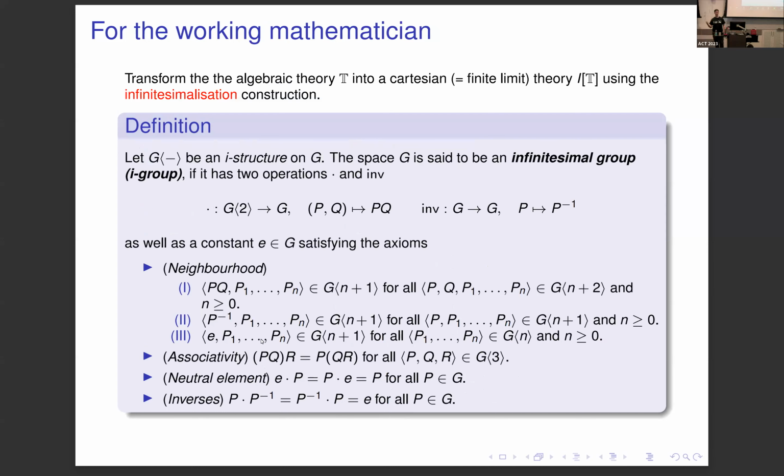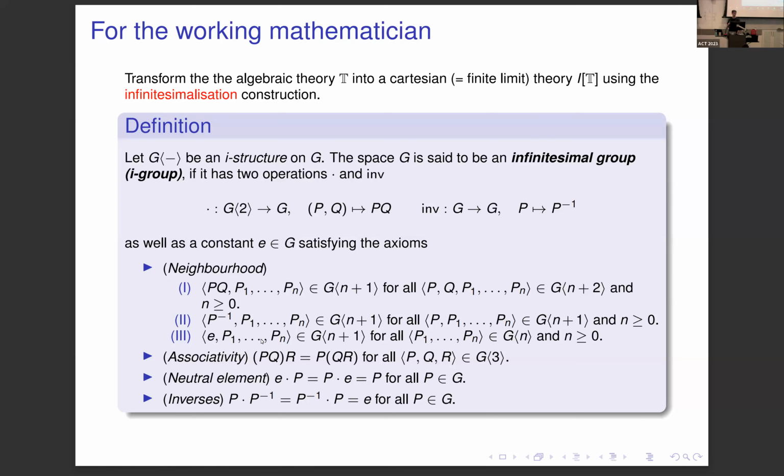It's also quite nice to build the theory because clones have the advantage that they do not depend on the presentation of the algebraic theory. So whichever axiomatic system you're using, you can use anything. It yields the same clone. However, if you were now to take this definition and want to prove that, for example, this is an infinitesimal group, then that would be quite cumbersome.